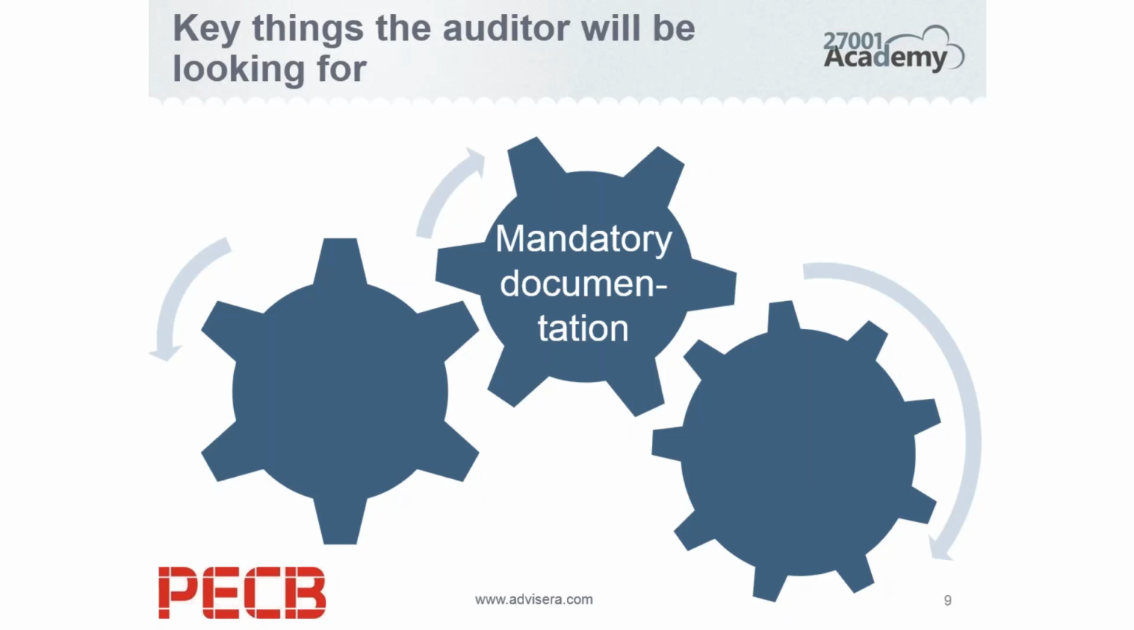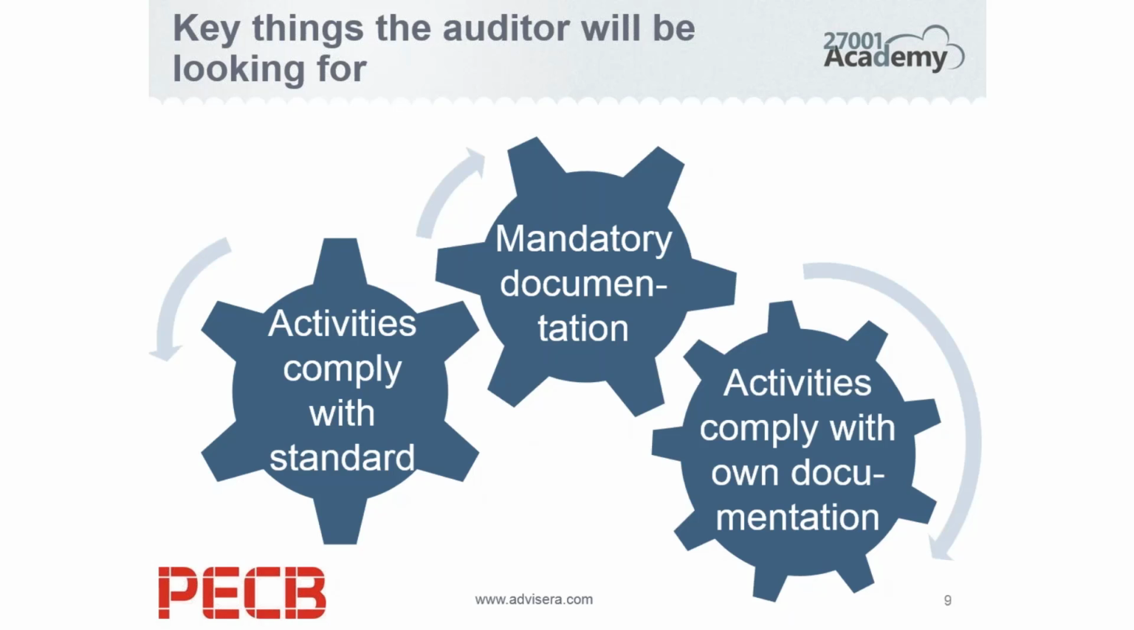Documents that are required by the standard. The next thing is that you need to have all the activities that are complying with your standard. So this is something they will check. And the third thing is that they will check whether all the activities in your company are compliant with your